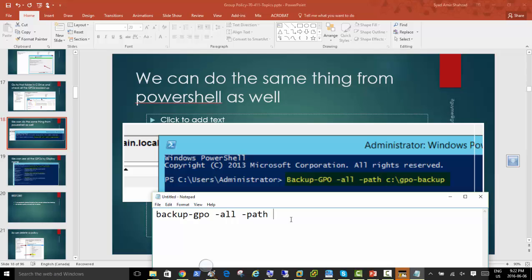This way, we are just turning back our users, whatever we deleted, and it had been more than 120 days. So we could not recover from AD recycle bin, or AD recycle bin was disabled, never enabled. Then you have to just recover from backup. In the production environment, we have to follow company policy. Maybe we are not allowed to activate the recycle bin. Exactly, you're right. Some companies may or may not allow, and then if you want to recover now, you have to really go for